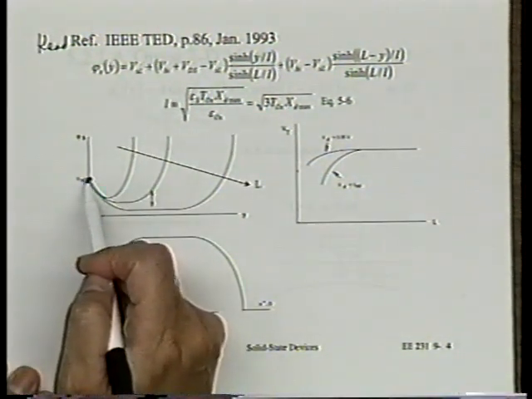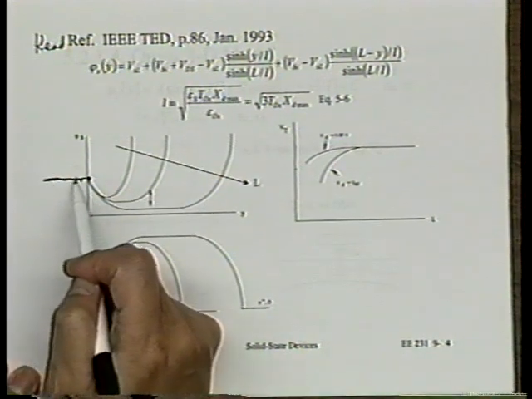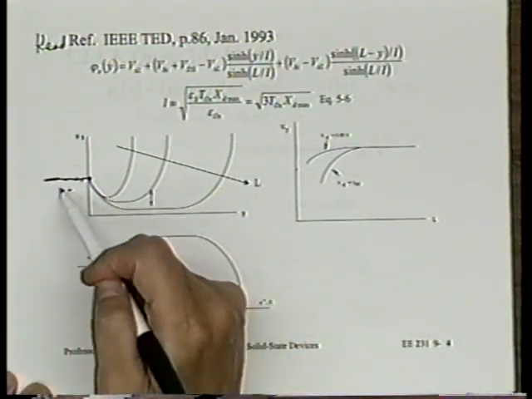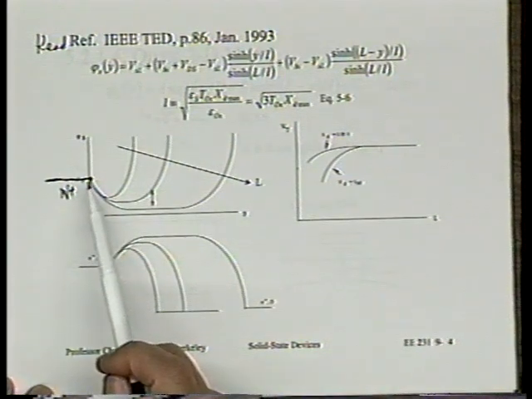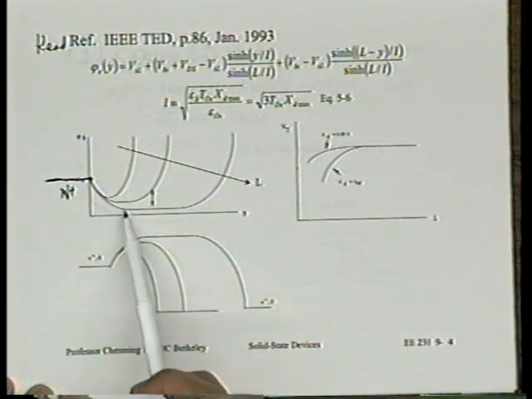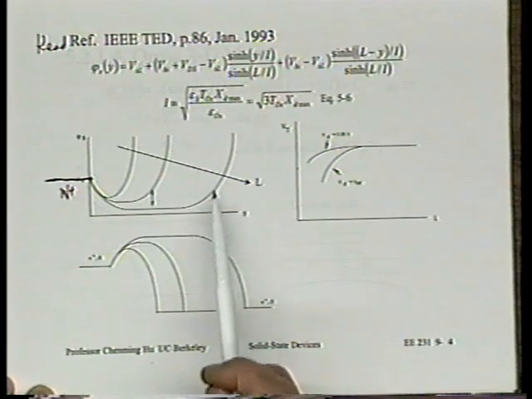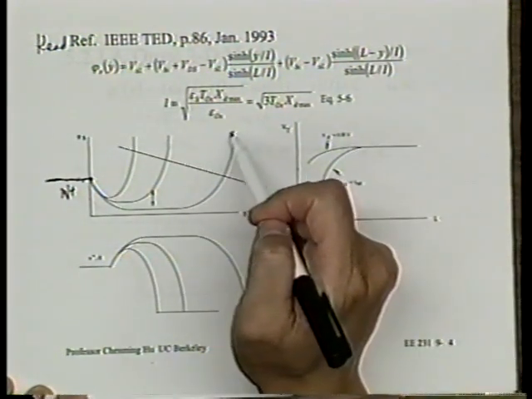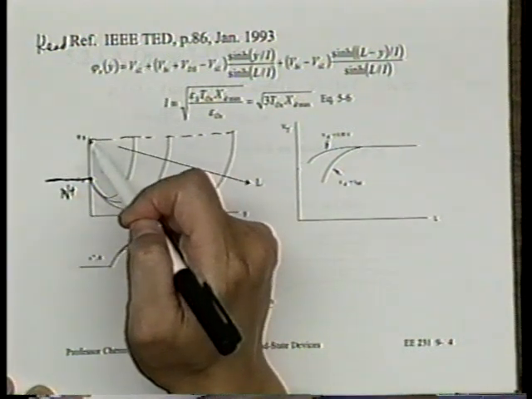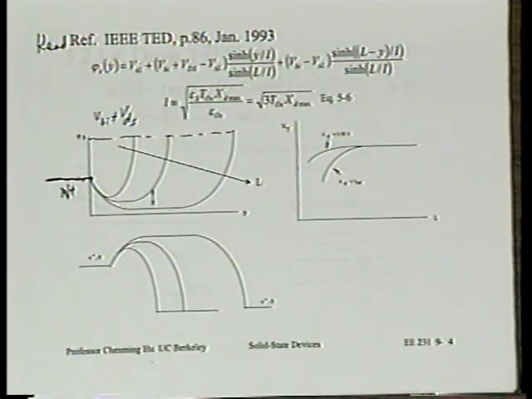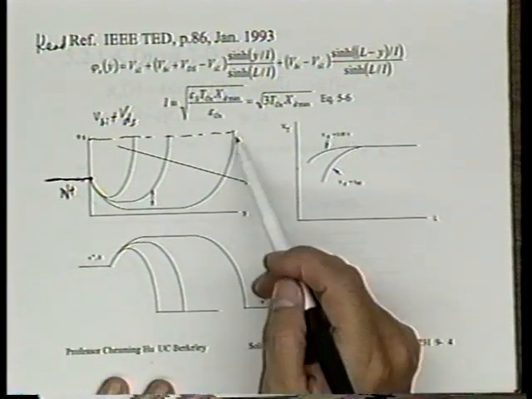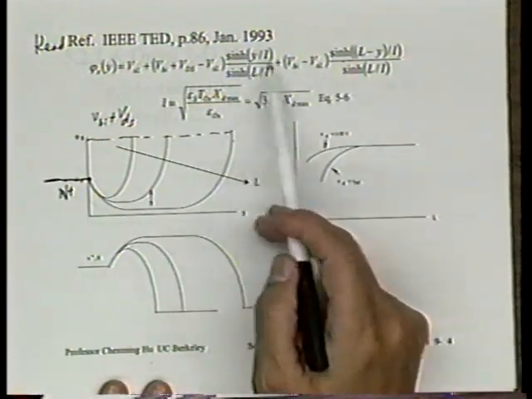If we continue to plot at the negative y, it's just a straight line because it's the N plus region. So in this N plus region, we just get a VBI, right? And as we go into the channel, we start to see this curve. By the time we get to the drain, what do you think we will get? It's VBI plus VBS, isn't that right? What I want to say, right? And this shape is what this hyperbolic sine cosine gives us,